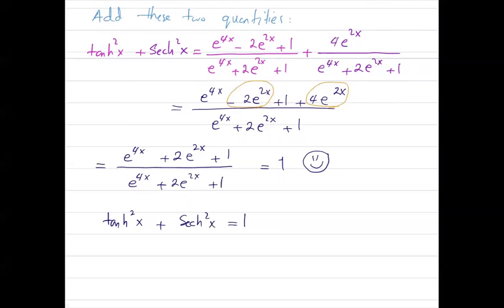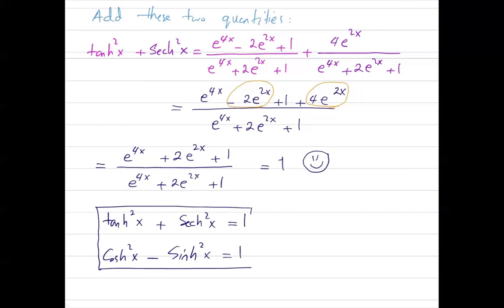And we also showed that hyperbolic cosine squared minus hyperbolic sine squared of x is also 1. Two important identities for hyperbolic quantities. So these are hyperbolic identities,